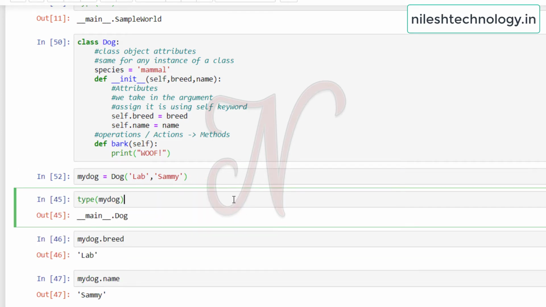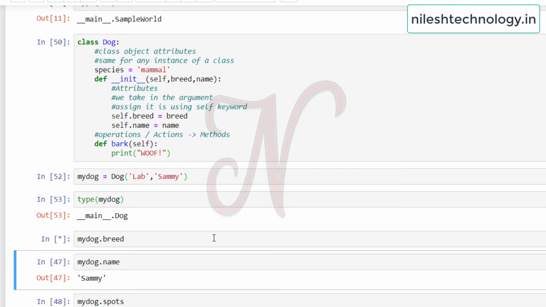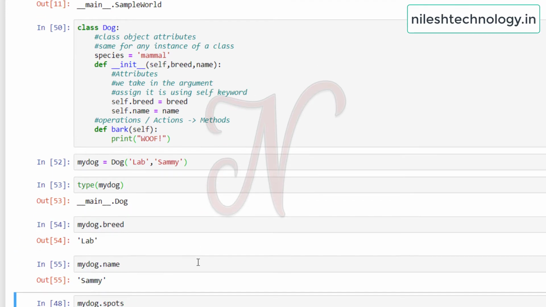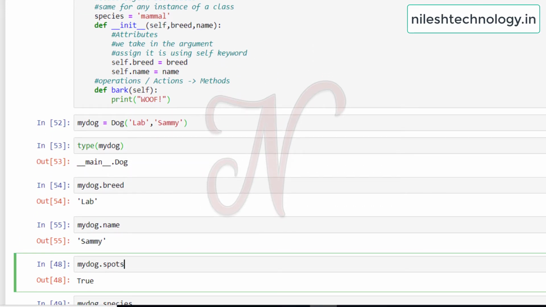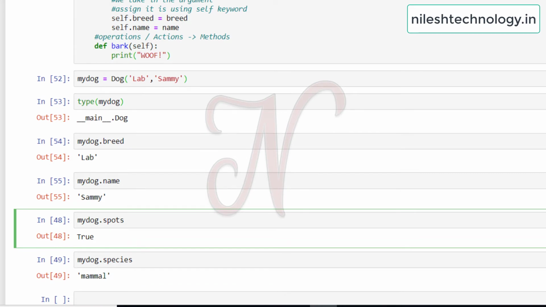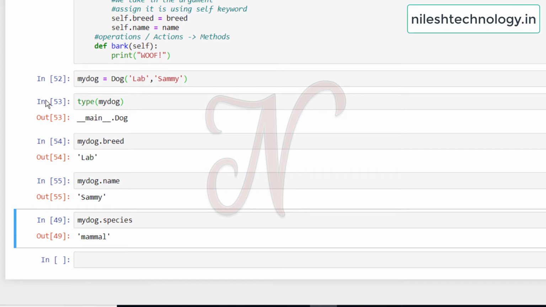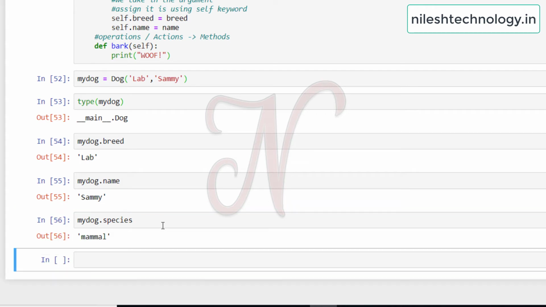See here, this is your type, then again breed, here name. So there is no spots attribute, so here we remove this cell. Select this cell and here there is a delete button, cut button. Again species, this is mammal. I can see here my_dog dot, tab button.